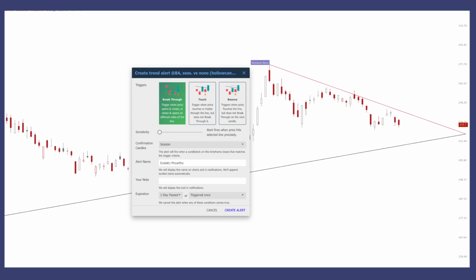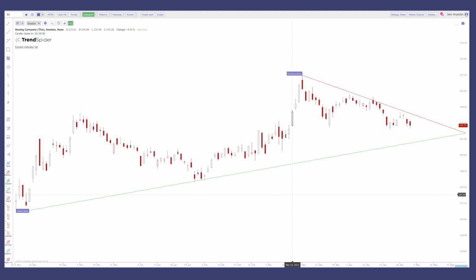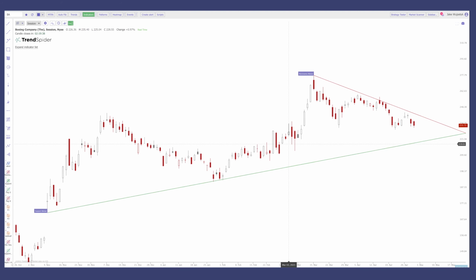And you'll see that I'll go to the 10-minute candle here and we'll name this support below. Maybe short here on breakdown. Choose my expiration. Choose how many times I want this to go off. Create the alert, and now I don't have to stare at the chart all day. The system is now showing exactly where I'm going to be alerted, and now I don't have to wait around